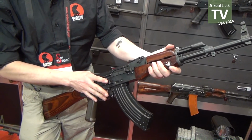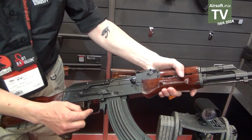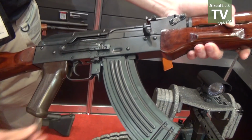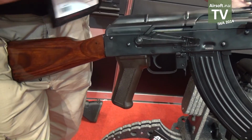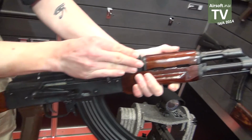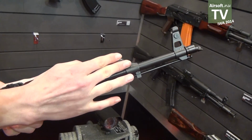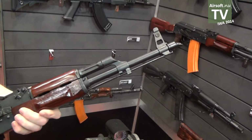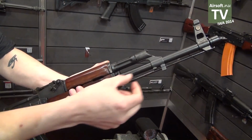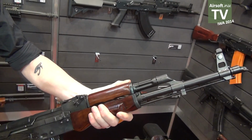It runs on a version 3 gearbox. The trigger guard is real. Pistol grip is airsoft, stock is real, top cover is real, front trunnion and sight is real, grip's real, gas tube real, front sight muzzle real, cleaning rod real, and they've used a real steel barrel blank and bored it out to take an airsoft barrel,